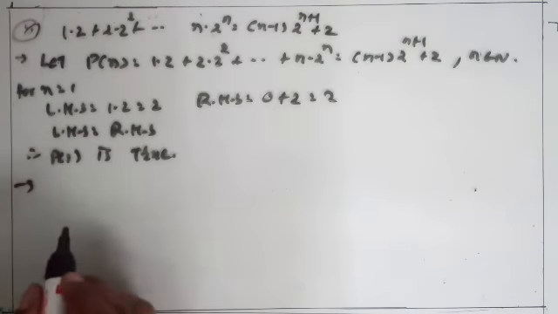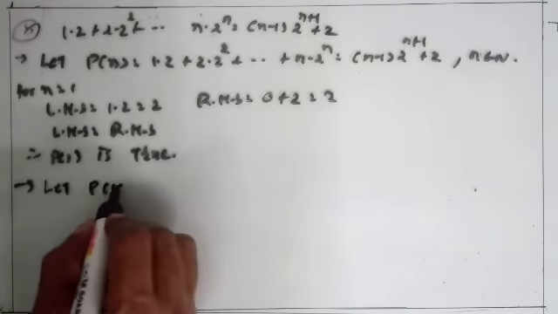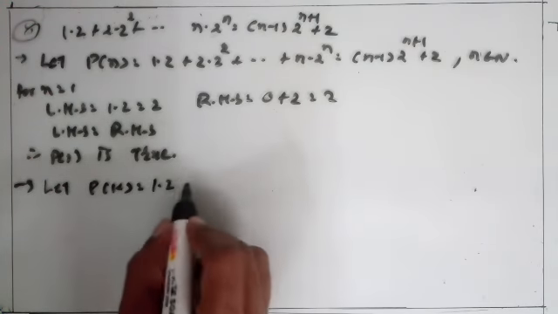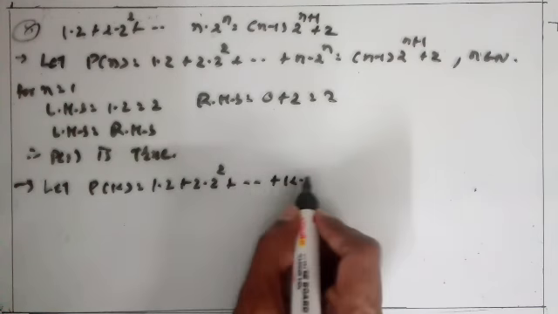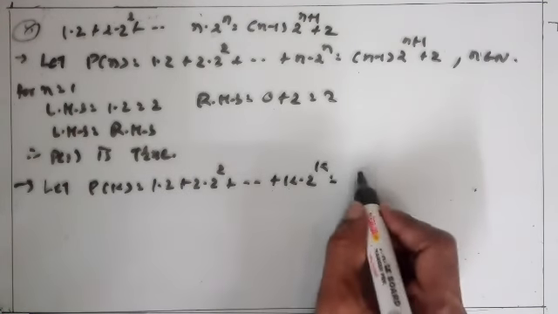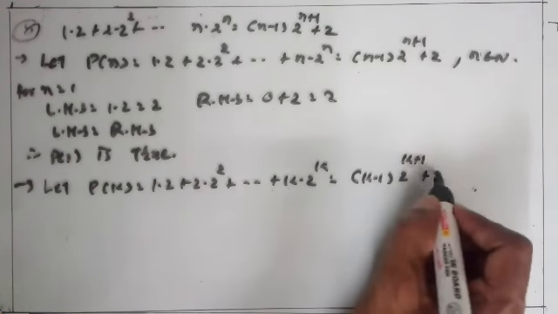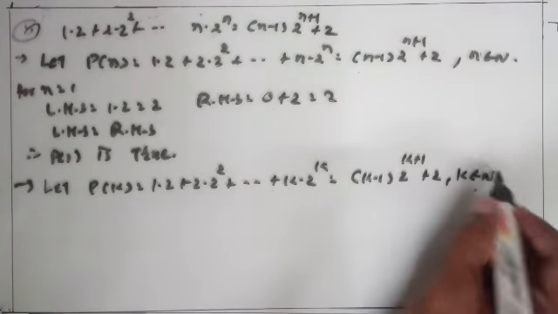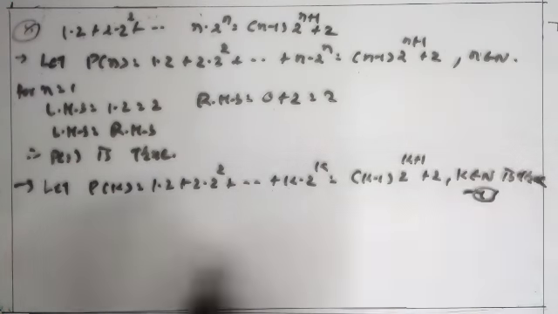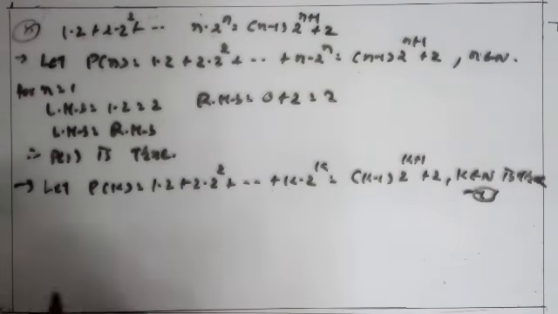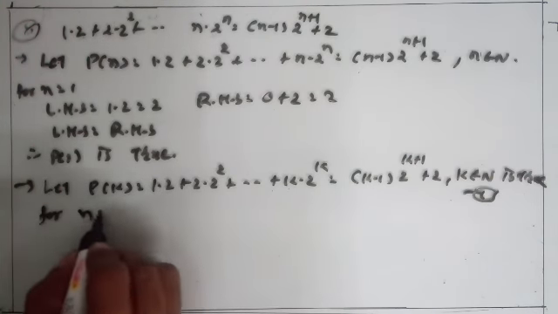Now suppose this Pk is true. Let Pk is equal to 1 into 2 plus 2 into 2 square plus up to plus k into 2 raised to k is equal to k minus 1 into 2 raised to k plus 1 plus a 2. K belongs to N is true. Take a result number 1. Using this result, we prove that Pn is true for n is equal to k plus 1. For n is equal to k plus 1,